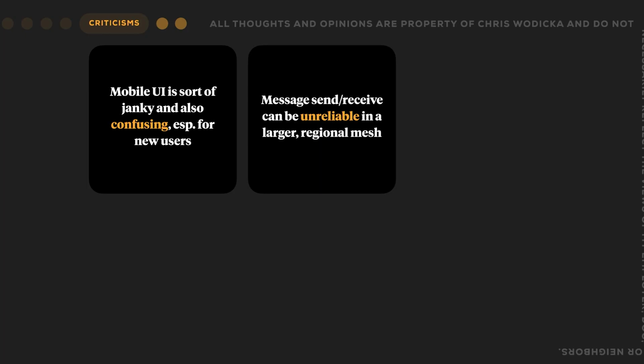The next thing I called out, that I touched on a second ago, is that message send and receive can be somewhat unreliable, especially in a larger regional mesh like the one that we have here. It's not uncommon to send out a message and maybe it doesn't reach the person you're trying to talk to or the broader mesh. And that's all about finding your optimal sending location and where your node placement is and stuff like that. But even so, these are just radio waves flying through the air on low power devices, and it's not completely reliable in terms of message sending. So I'm kind of curbing expectations here.